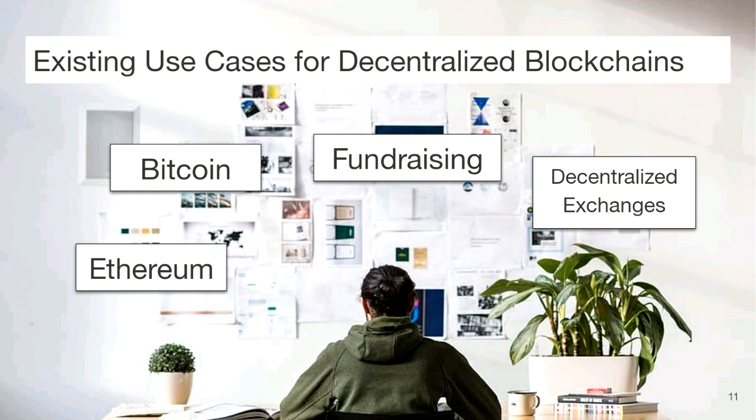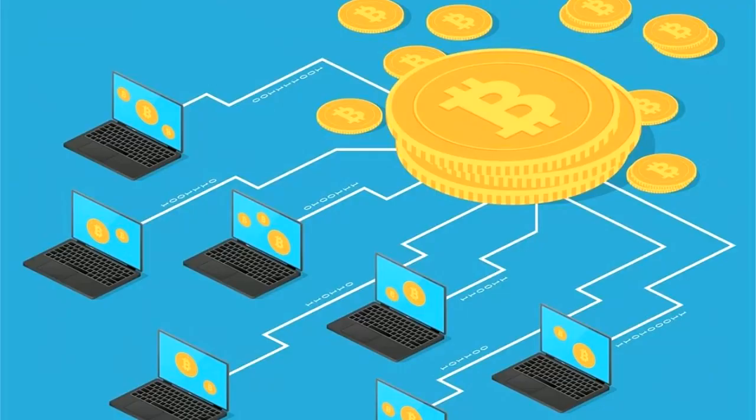So there's a difference between public and private or decentralized and centralized blockchains, and obviously we're starting with some decentralized examples. So we have Ethereum, Bitcoin, fundraising, and decentralized exchanges. Let's start with Bitcoin because that's a common one that I'm sure most of you have heard of. So the important thing about Bitcoin was it was essentially the first application of a blockchain or a decentralized database. It was the first implementation of this technology that saw widespread use and was understood by the public.